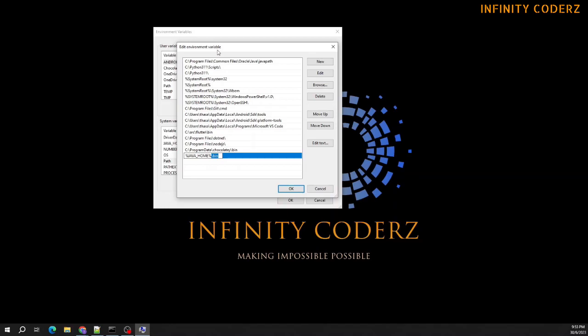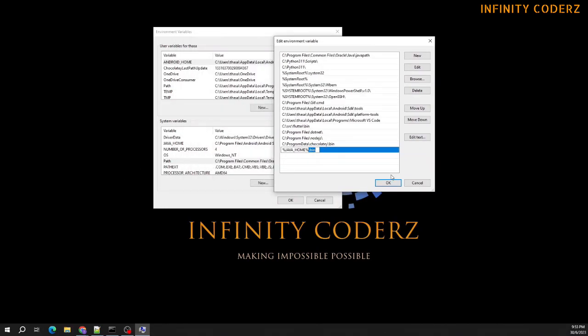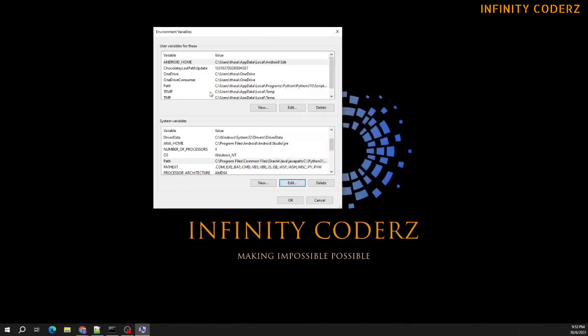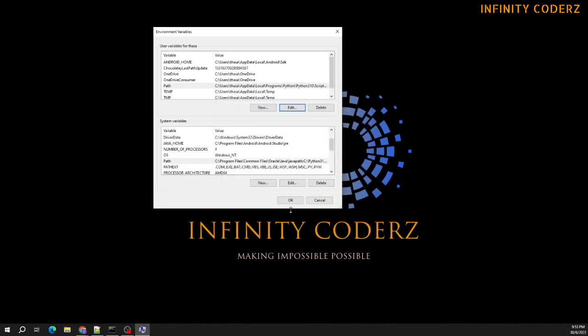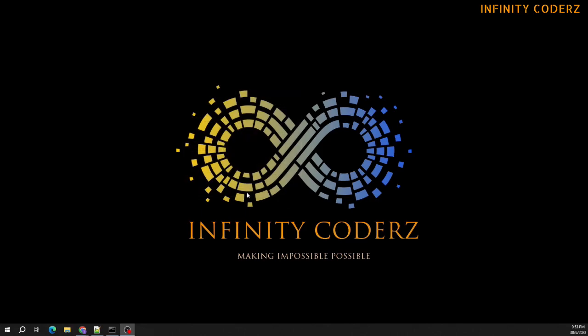So this is another way to add JAVA_HOME into the path. Once you have done everything, just click OK. In my case, if I go into my user variables, I did declare the Java variable 17.0.3, so that's the reason why it's able to work. Once you have done all of this, click OK to save the changes, and OK again.